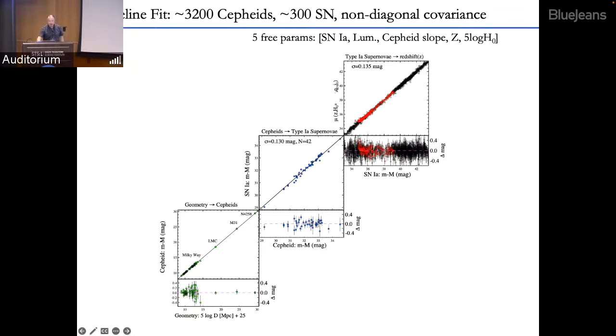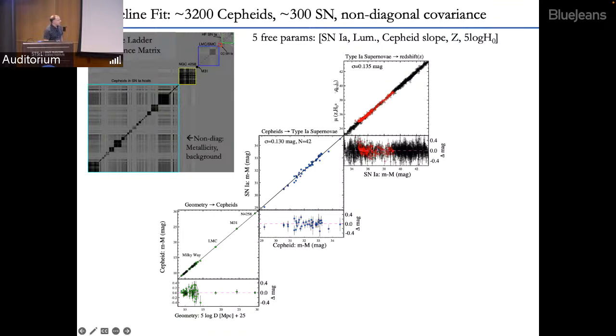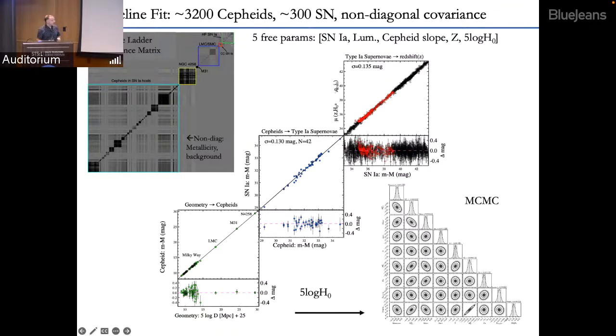So we use some 3,200 Cepheids, 300 type 1a supernovae, this non-diagonal covariance matrix, which now for the first time keeps track of systematic uncertainties, how there are dependencies between different data points, and you do the simultaneous optimization, which you could just do by inverting a matrix since this is all linear, or you could do an MCMC so that you can see the relationship